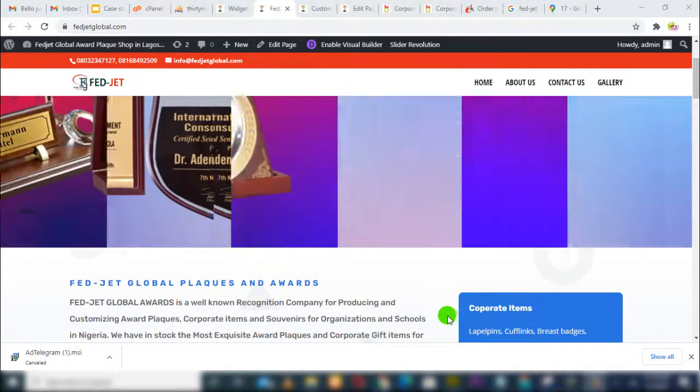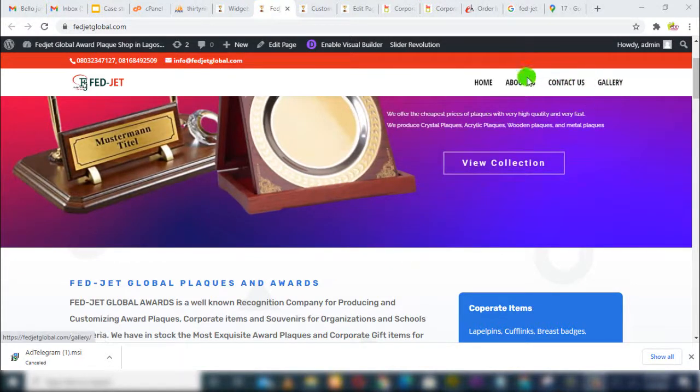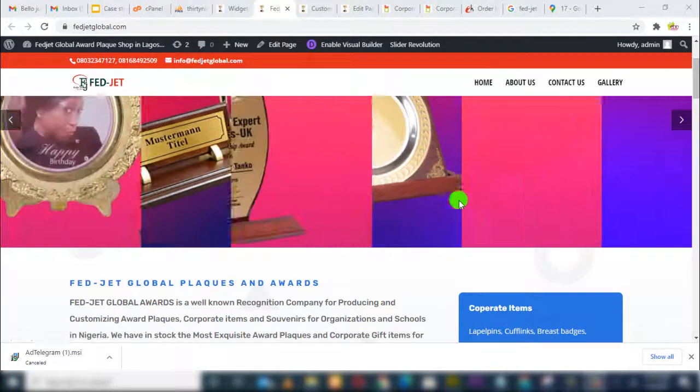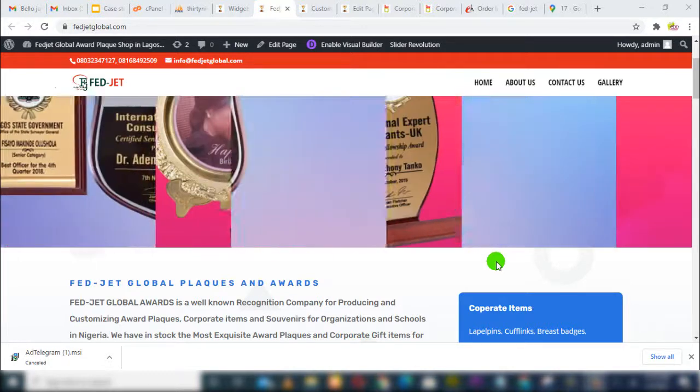In this training, I'm going to show you how to rearrange your menu. You can see from here, our menus are not very well arranged, and also how to create drop-down menus. You might want to create drop-down menus on your website. And also, to conclude this section, I'm going to show you how to install some functionalities on your site, like